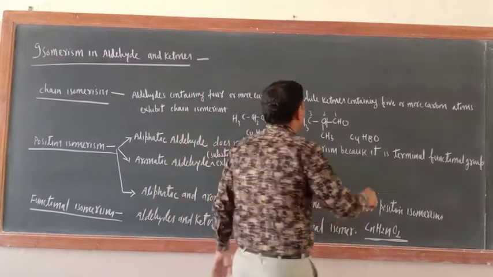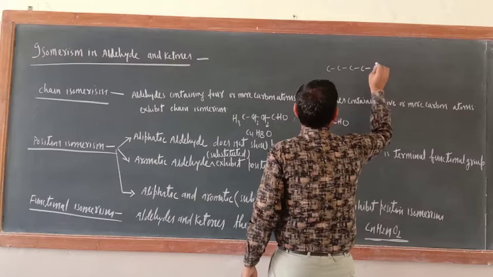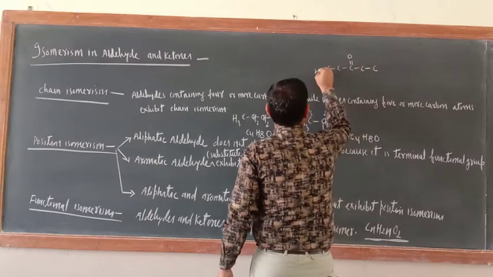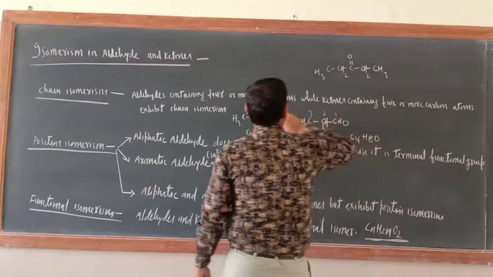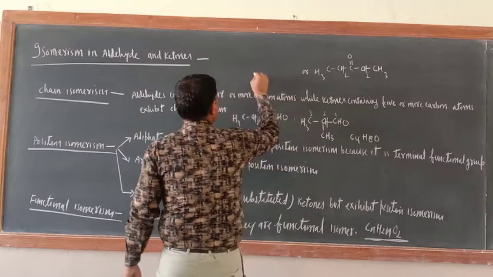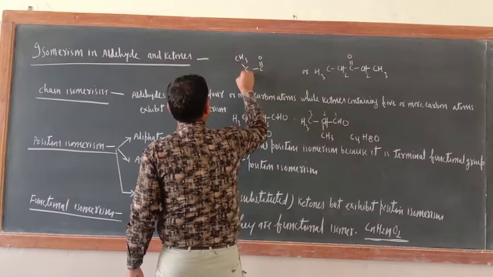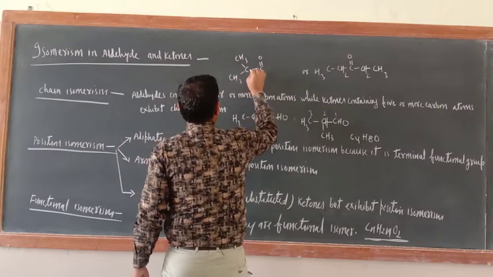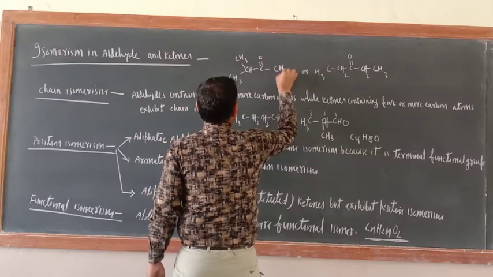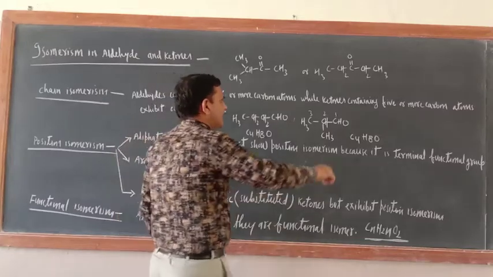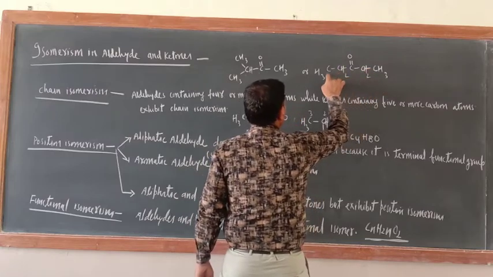The same way we can explain the ketones also. Just see, 5 carbon atoms: C, here O, here CH3, here CH2, CH2, CH3. Now this can be written like that also: C double bond O, here CH3, CH3, here CH. Okay, 1, 2, 3, 4 carbon atoms, and CH3. The name will be different. What is the name of this one? Diethyl ketone, the common name.